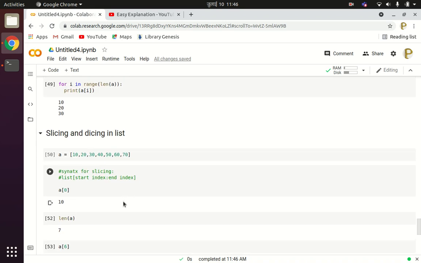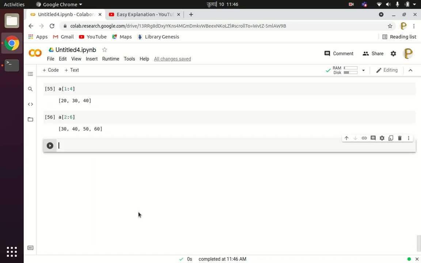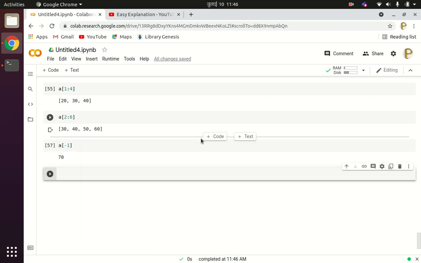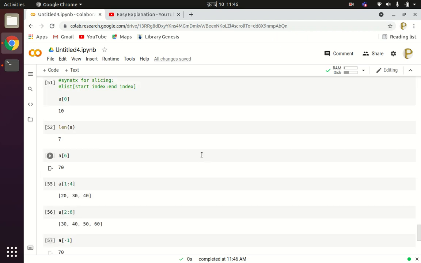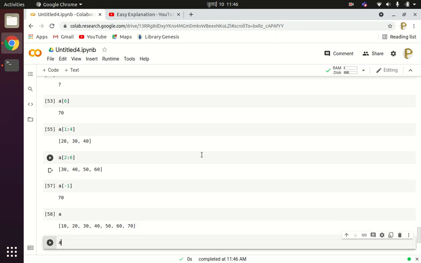You can get the last element of the list by using A of minus 1. So the indices of the list are numbered from 0 to length minus 1 from left to right, and from right to left they are numbered minus 1, minus 2, minus 3, depending on how many elements you have. That is the reason why A of minus 1 will return 70, and A of minus 2 will return 60.